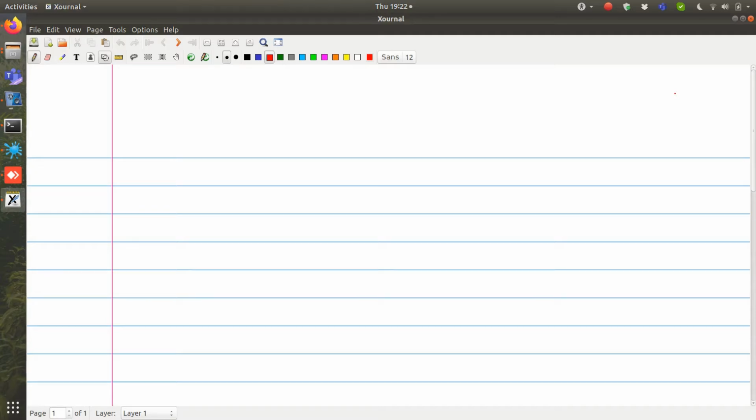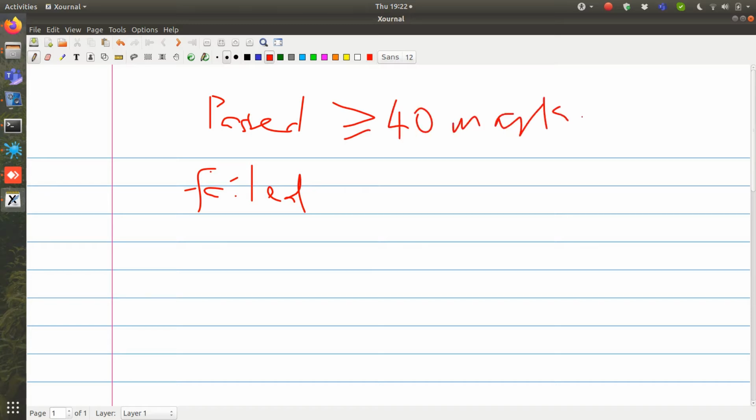Let's write a code for a student management system. The system takes the mark of the students and decides whether the student has passed or failed. So the student is considered to pass if he gets anything greater than or equal to 40 marks, and he is considered to fail if he gets anything less than 40. So that means